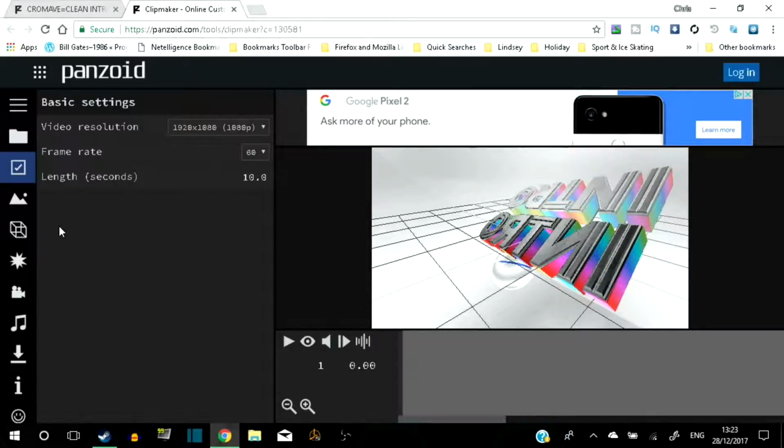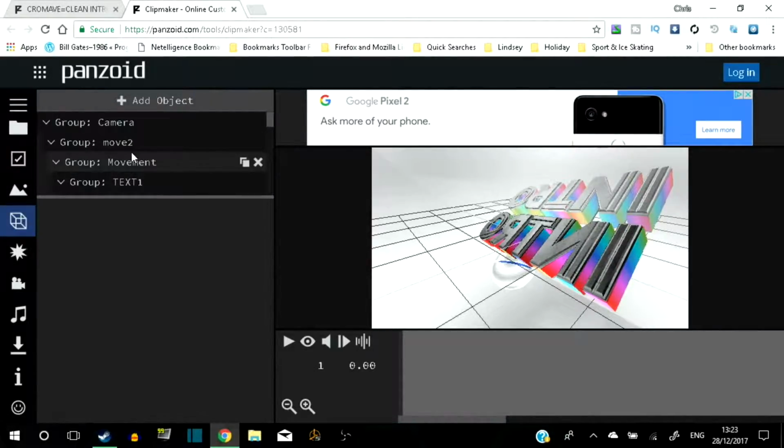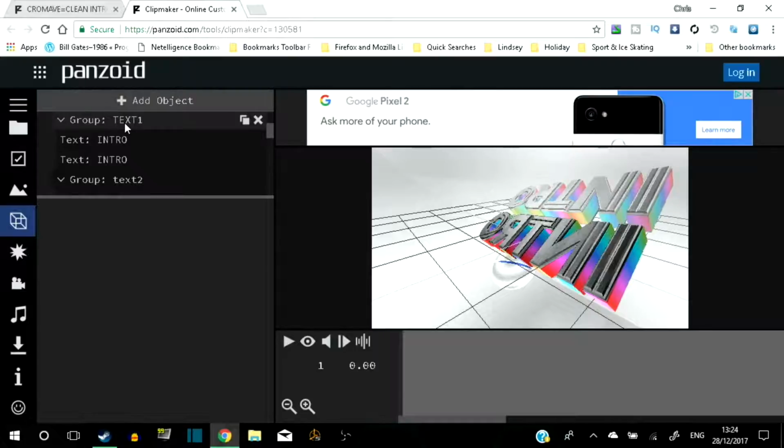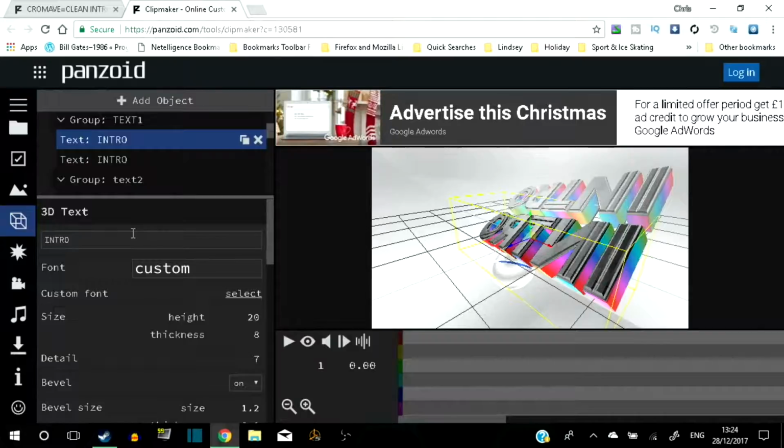Once you've done that, you are going to want to click on this 3D objects box here. This is where you have a ton of objects that you can change. So now you want to add in your YouTube name. You're going to want to find one of your text groups and click on the next text. This is where you can change the text, so you can put in your channel name or preferred text. I'm just going to put in my channel, which is Features Gaming, so we are going to do that now,